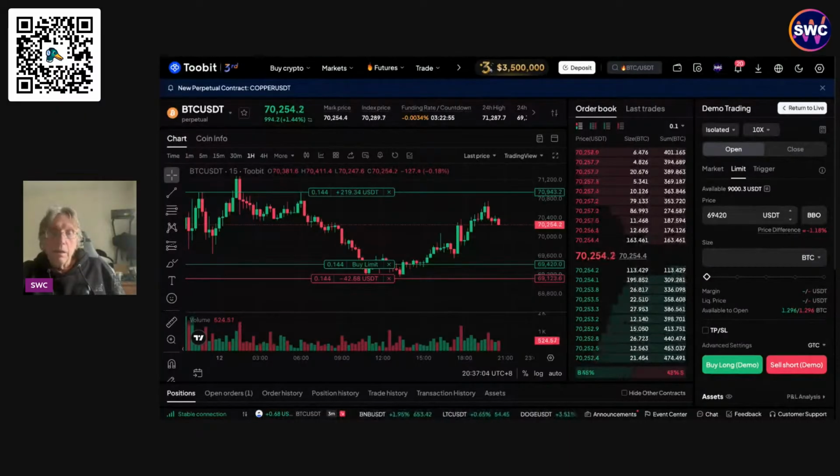Okay. If I set that there, okay, it's slightly different because I'm on 50x leverage rather than 10. Okay, so that sets that there. Now, I was pretty sure the other day there was a little toggly thing where you could change these things to something different. Let me just try it. Just put a stop loss there.